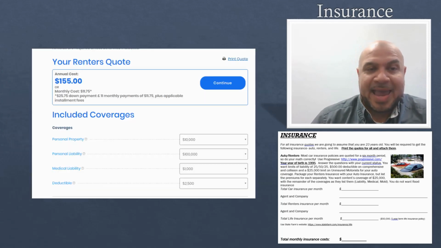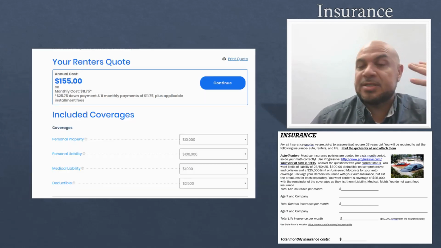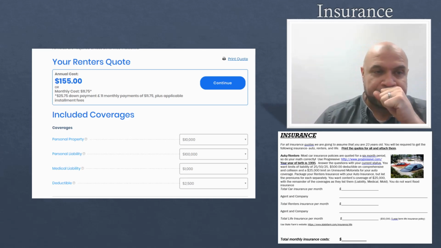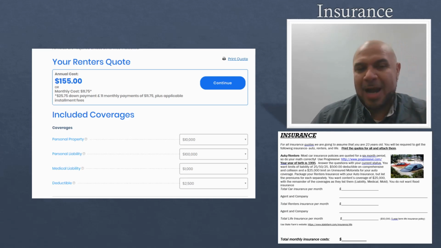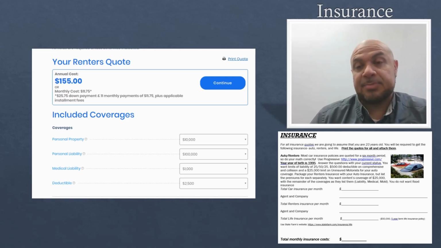This one is an annual cost of $155. So I'm just going to divide that by 12 to get my monthly cost. In this case, it's what, $11.75. I would highlight that, circle that number, because that's my evidence. Next part of this,